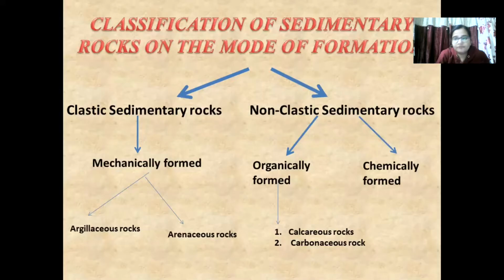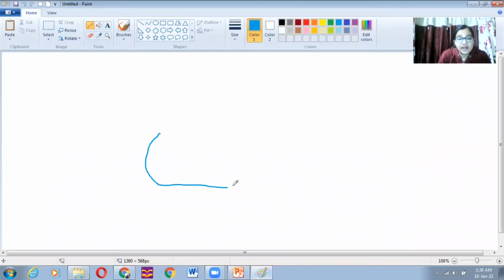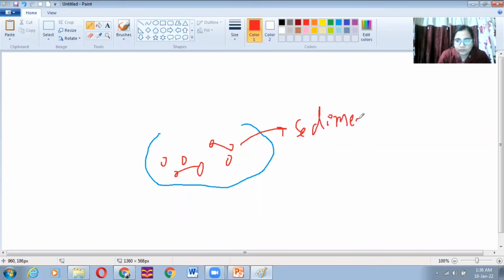ठीक है, केमिकली फॉर्म में अभी आती हूँ. This is a lake. लेक में भी तो सेडिमेंट्स डिपो है, ठीक है ना. This is a lake and these are the sediments that are there in a lake. Now the lake is open, it's not enclosed, and let's consider the daytime. So during the hot weather season, because of the intense evaporation, if the water level was still here, because of intense evaporation, it might decrease.